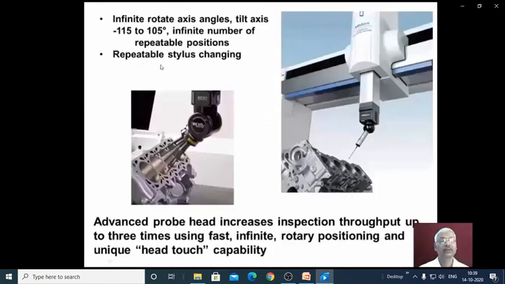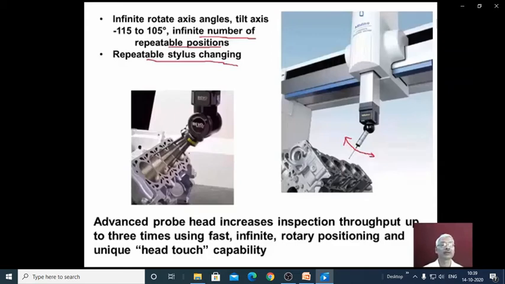Now you can see here with the help of motorized probe head, infinite number of repeatable positions and repeatable stylus changing is possible. You can see here a motorized 5-axis probe head is fixed to the z-axis. Its angle can be adjusted depending upon the workpiece inclination, workpiece angle.